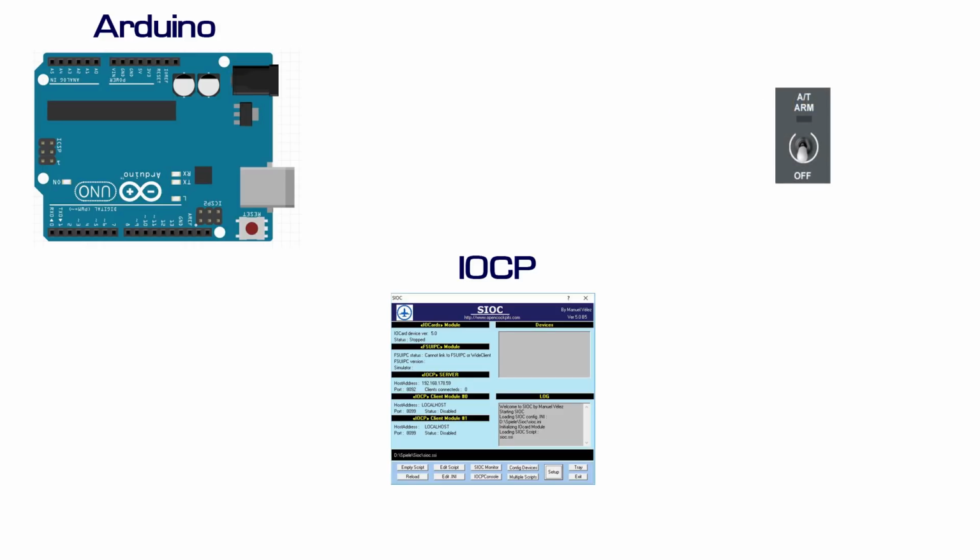Let's make an example. For the auto throttle light in the Prosim MCP, I assigned the variable number 14. My Arduino will register this variable number on the IOCP server so that he will receive informations about changes. Now, every time when the state of the variable changes, the MCP module will send the new value to the IOCP server. And because the server knows that the Arduino is interested in it, he will forward the new value